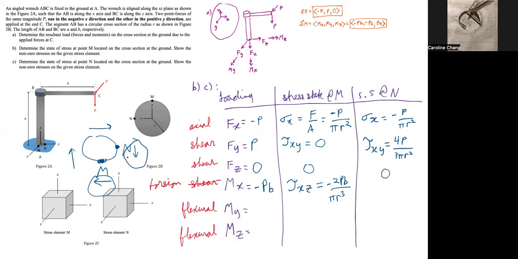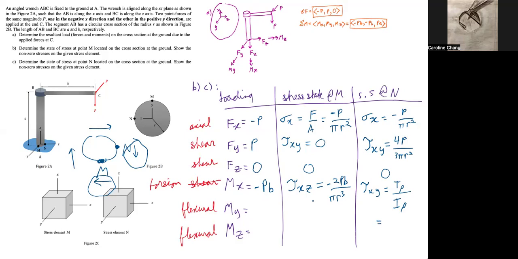It will be tau, shear stress acting on the x face pointing in the y direction, so tau xy, and that will be given by also T rho over the polar moment of inertia,